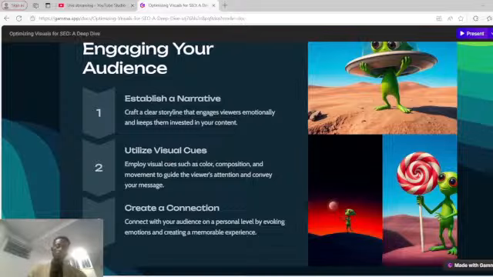Then utilize visual cues. Employ visual cues such as color, composition, movement to guide the viewer's attention and convey your message, right? So colors are really important. So check out the visuals that are by your right. You can see this